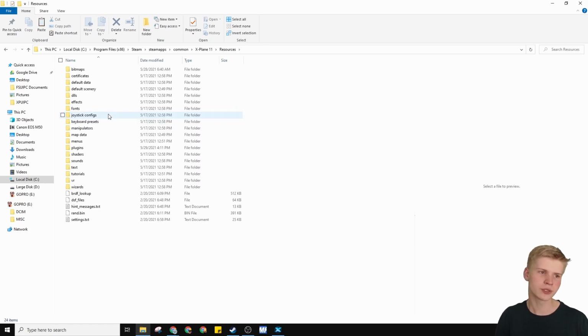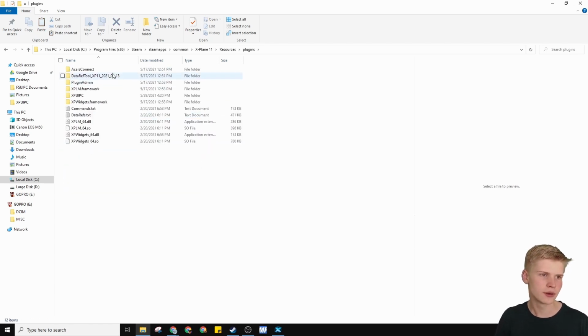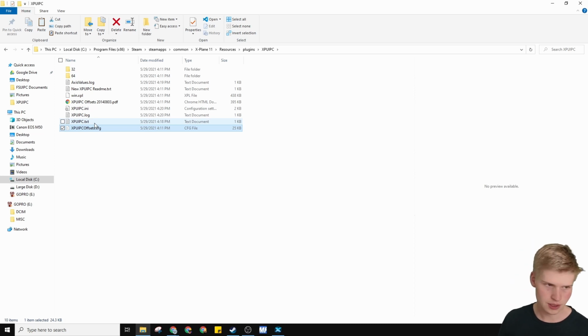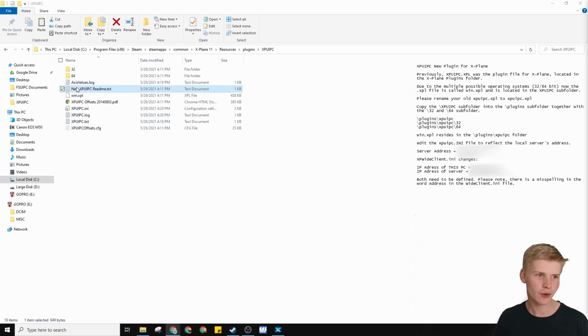So under Resources, Plugins, XPUIPC, we can see a few of these folders. One of them has the offset. If we actually just go onto this new XPUIPC readme.txt file, we can find this file that immediately gives away my IP address, so I have to really go ahead and blur that. So we have to go and edit the